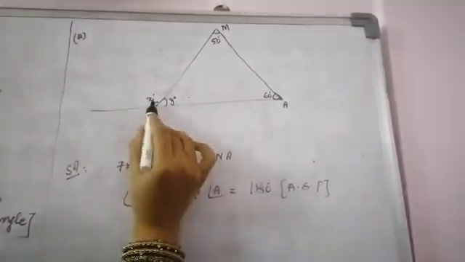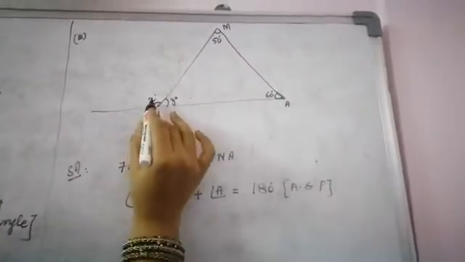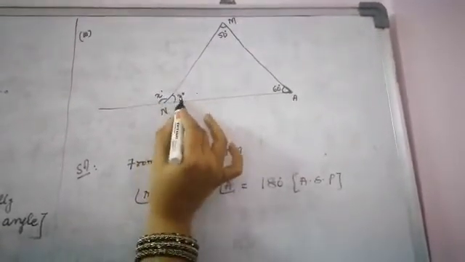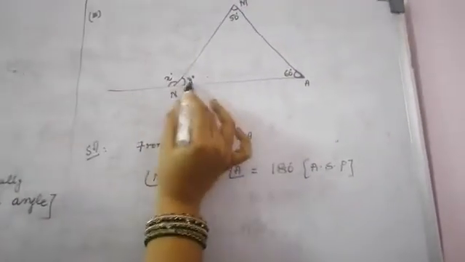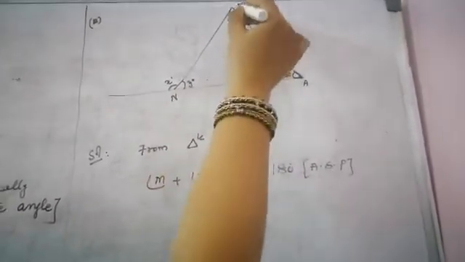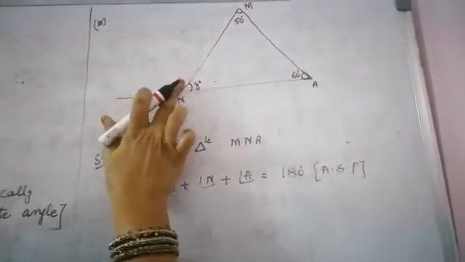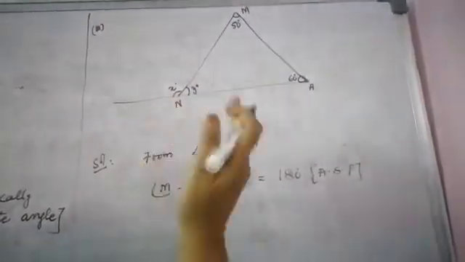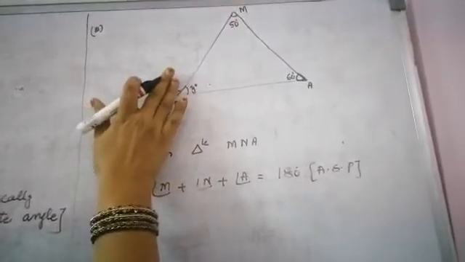Why are we not taking exterior angle property, children? Our linear pair. See children, x plus y is equal to 180 degrees. We cannot find anything. You should know any one, x or y. Then only you can go in a linear pair and find the one unknown quantity. But here both are unknown quantities, so we cannot find. Because here we have two angles, we can easily find the third angle, isn't it? From this we can find the y value. That's the reason. You observe the figure, then go through it.